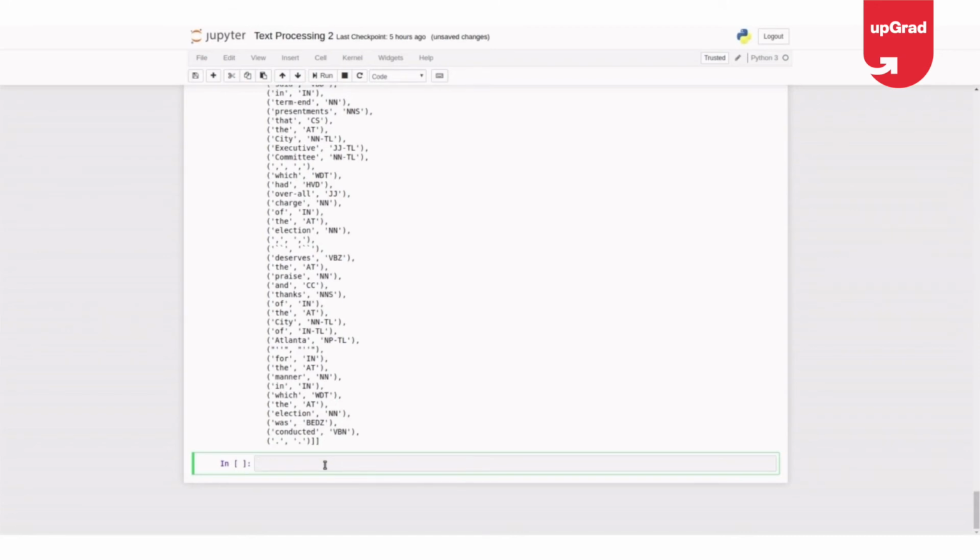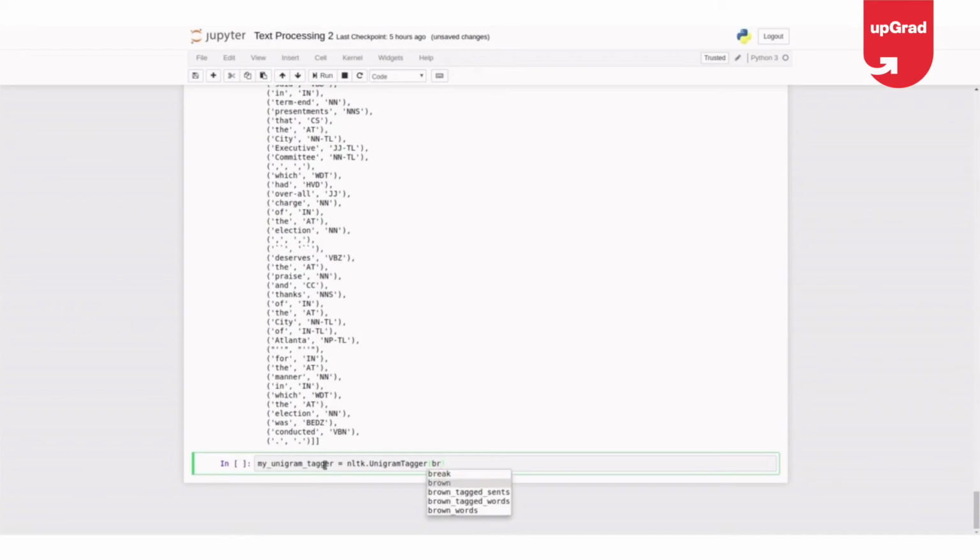Now how do I build a unigram tagger? unigram_tagger equal to nltk.UnigramTagger, and for what?